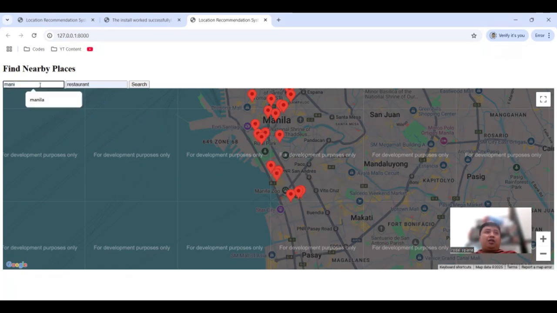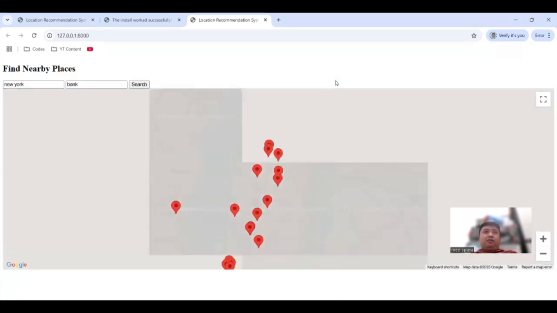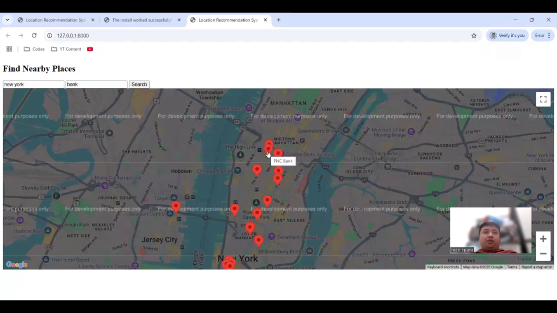How about the other places, like for example, New York, let's say bank, so PNC Bank. How about at Mandaluyong, New York?